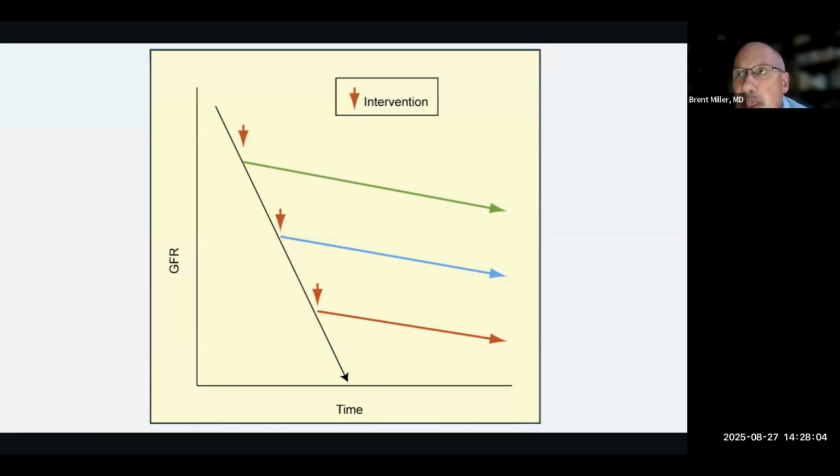But the difference between this is, since the average age of people who have advanced or significant CKD is in their 50s, the difference between those two lines with the average US life expectancy is someone who will live their life without dialysis and someone who will live their life on dialysis and will have their life shortened 3 to 4-fold by having end-stage renal disease. This is a big deal.